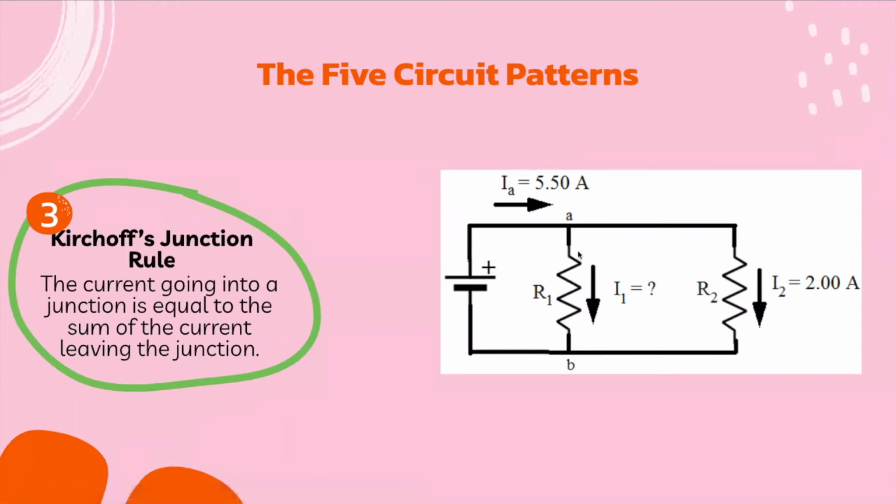and an unknown amount goes down and 2 amps goes to the right, that means my current going through I1 would be 5.5 equals something plus 2. So I1 must equal 3.5 amps,